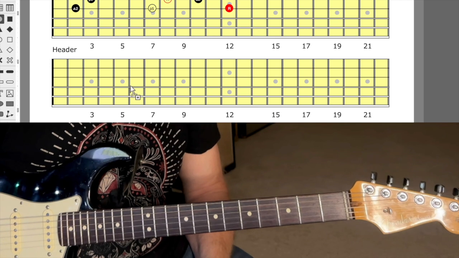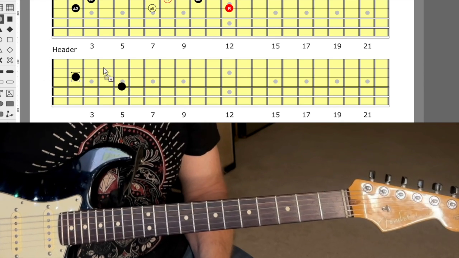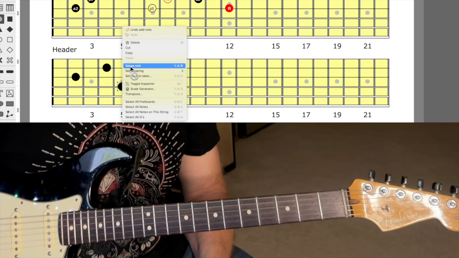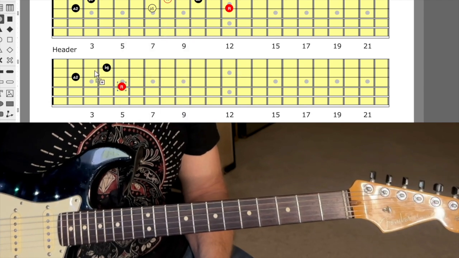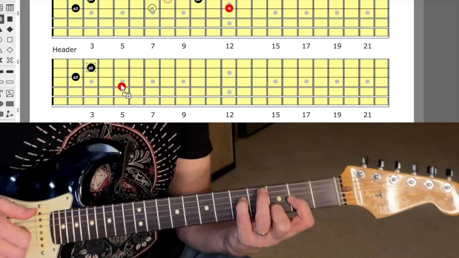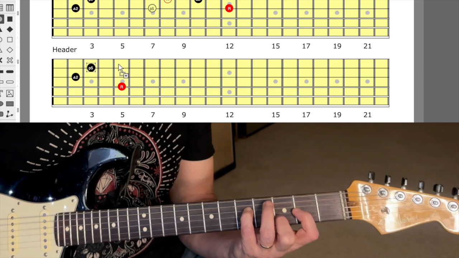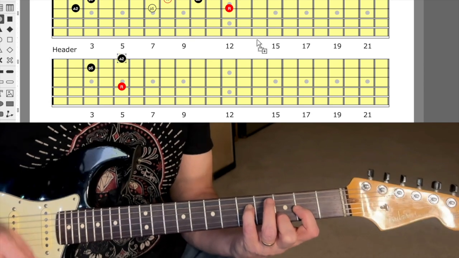But I'll show you can go even further than that. Okay, so let's do even another version. Let's go back to the original shape here, and then we're going to morph this. We're going to modify this, okay? Whoops, that's not right. Let's get rid of that. Okay, here's our original shape. Now what we're going to do is bump this note up an octave, and we get something like this,